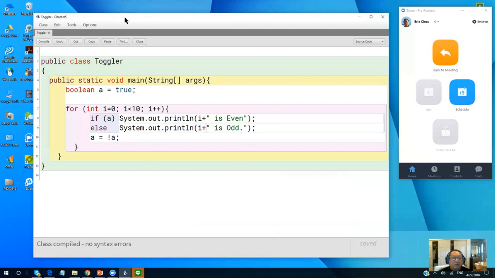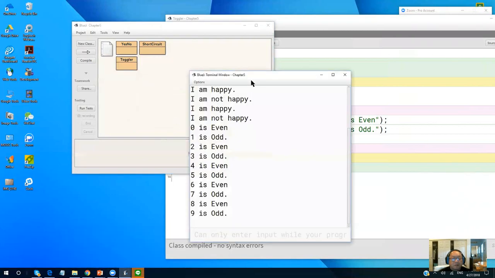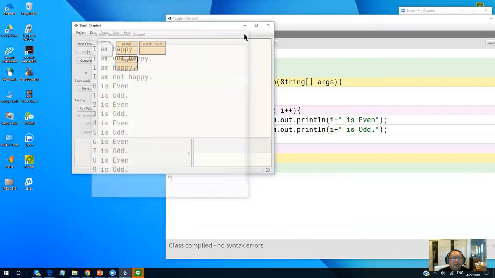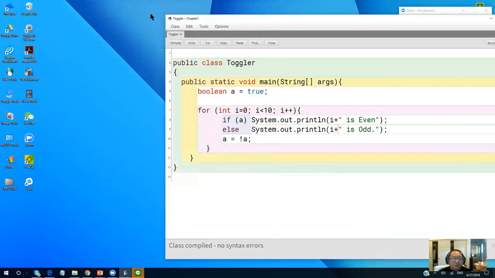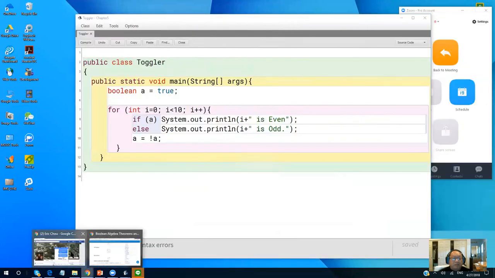It will still work, okay? So 0 is even, 1 is odd. This I call toggler. So that is one use of the logic.